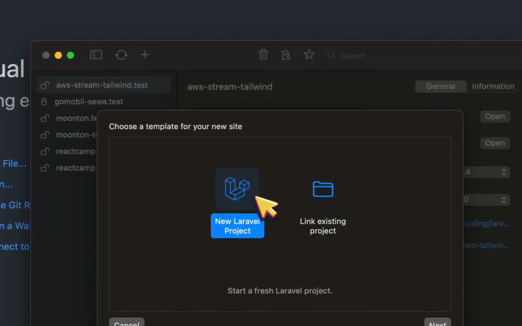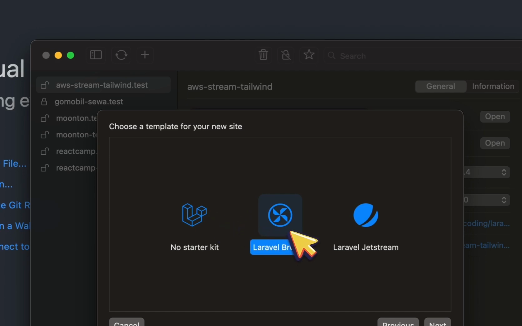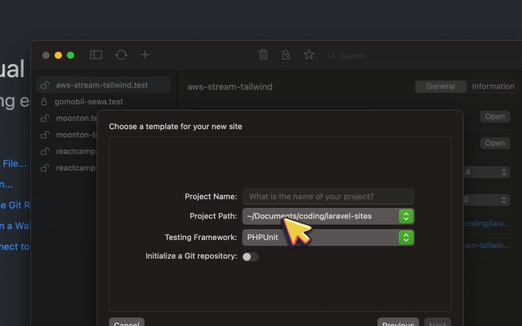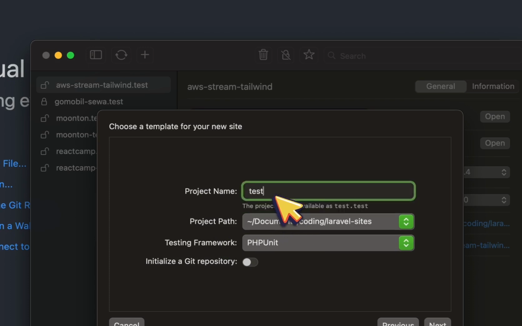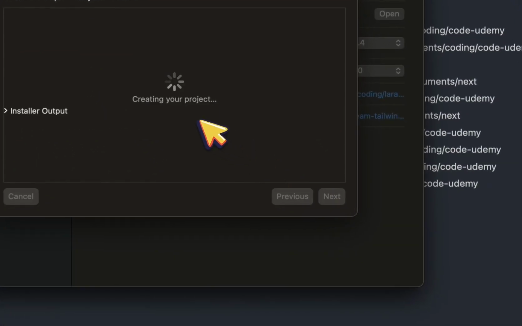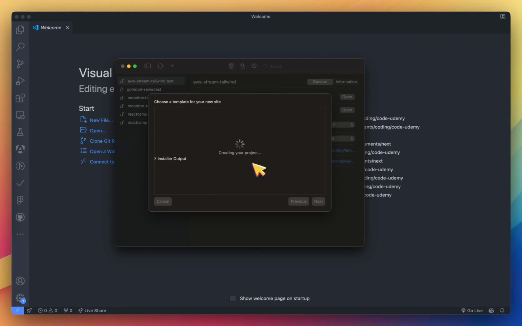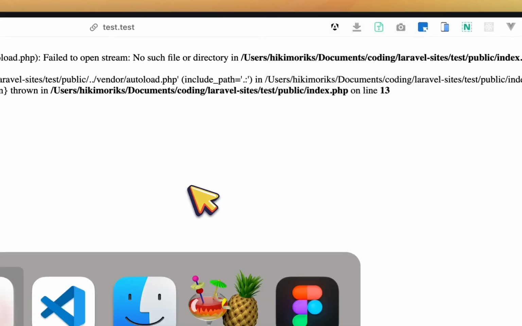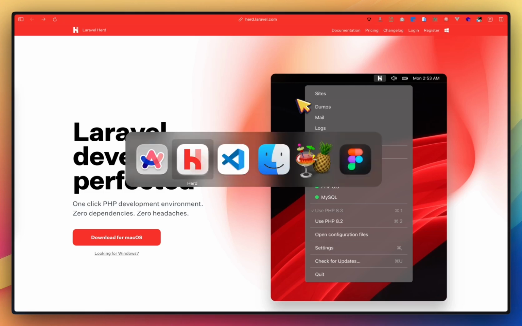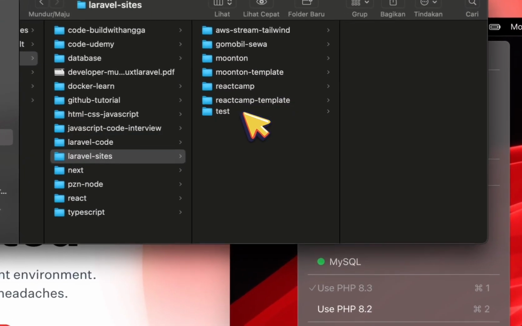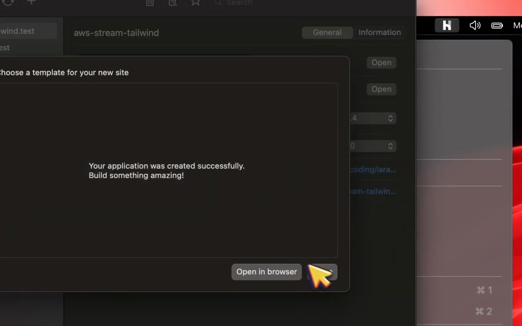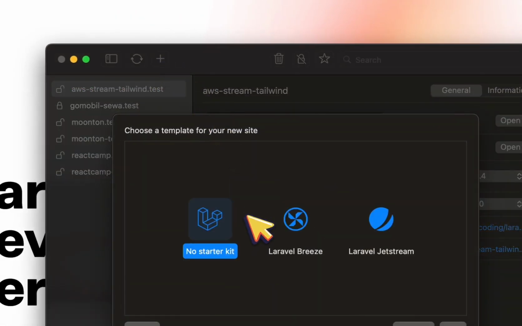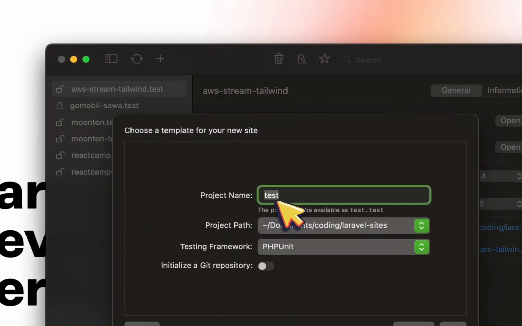Okay, I will create a new Laravel Breeze, no starter kit, test, next. Oh, try to use another version, because I think in the new version there are many problems. Close, test, next.